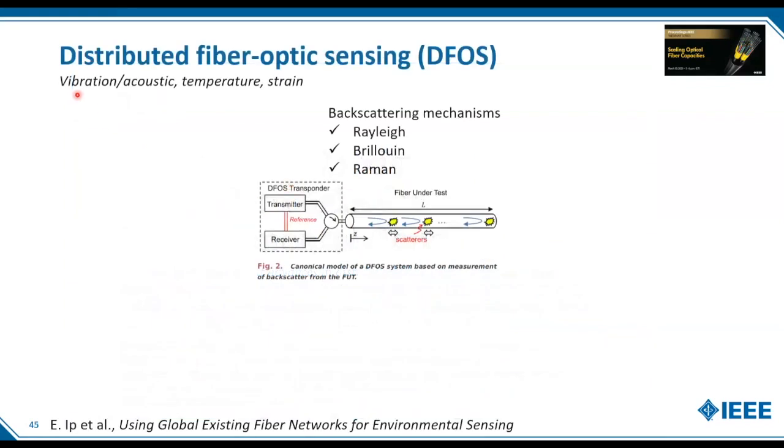The first approach to distributed fiber optic sensing reviewed in the paper is the more traditional one. It is based on measuring backscattered signals from Rayleigh, Brillouin, and Raman scattering for the purpose of performing vibration, temperature, and strain sensing. The idea here is that each deployed fiber has a well-defined backscatter signature, so that perturbations can be studied by looking at the time changes